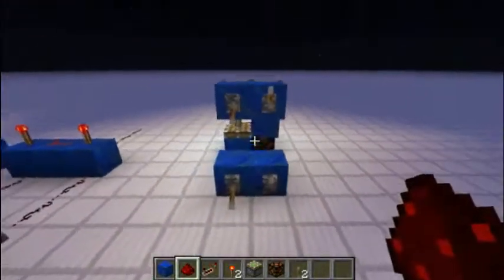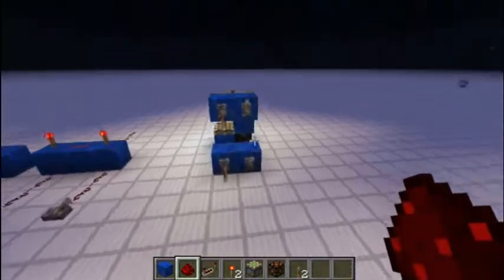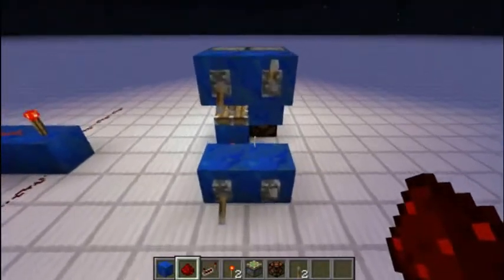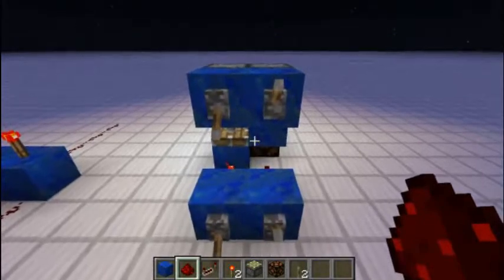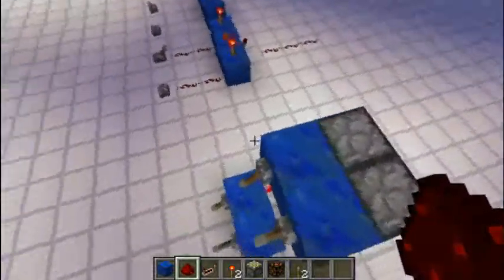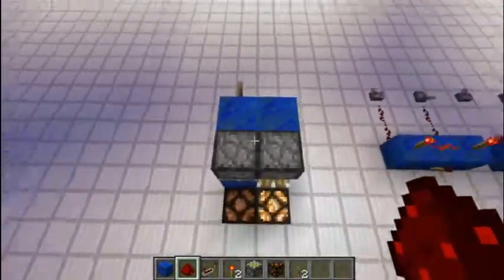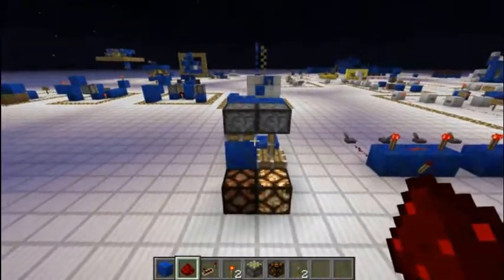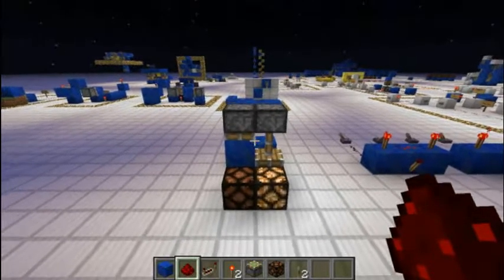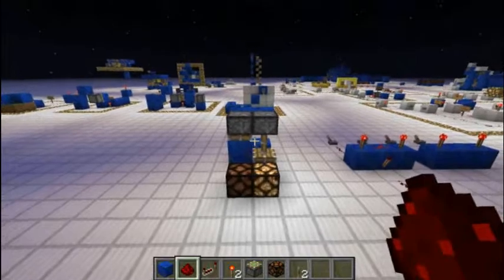So this is the concept of tiling. It's about compact wiring, and I'm going to go through some of the tips and tricks. Stuff like this is actually not that hard to make. It's not as hard as it sounds. I know I say that a lot in this show, but it's true. Redstone isn't as hard as it sounds. So I'm going to go through the common tips and tricks and the traps people get into when trying to